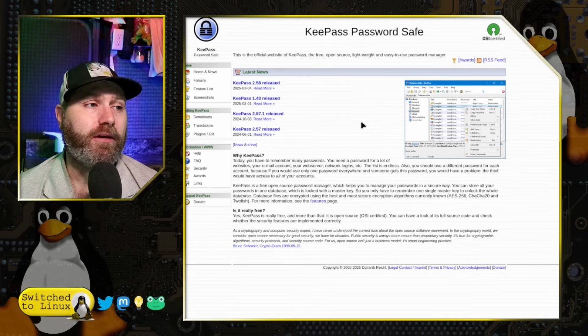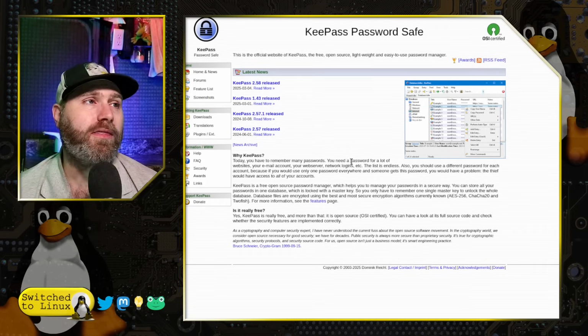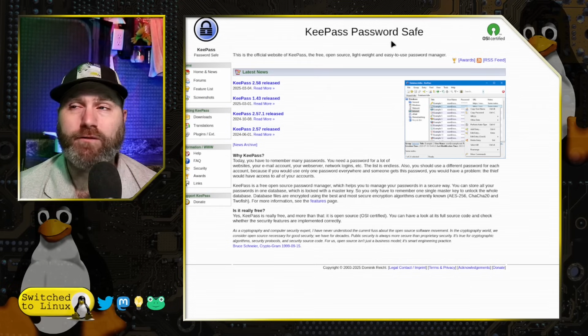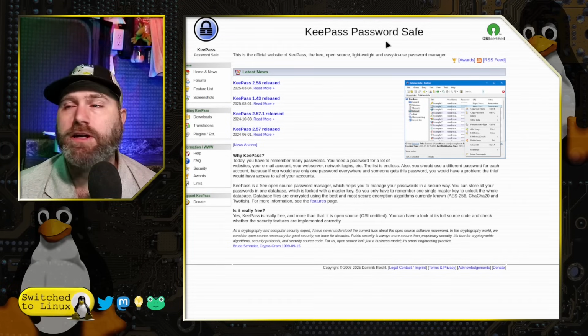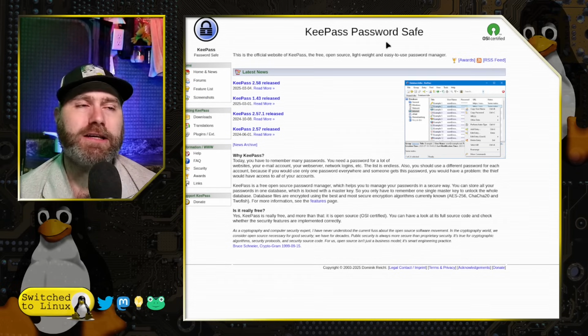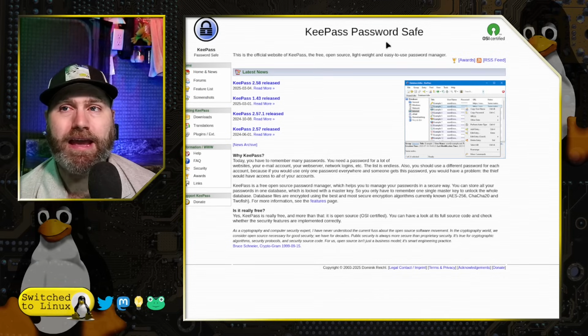I'm not saying that they're bad for not including this. What I am saying is, as of right now when I'm recording this, despite this potential breach having been out for over a week, we still do not have any official warning from the official distributors of KeePass about it. KeePassXC has also not addressed it, whereas they have actually addressed similar vulnerabilities on their page,